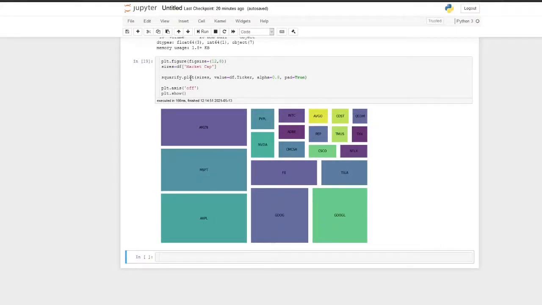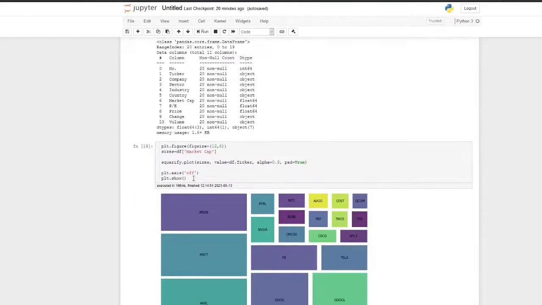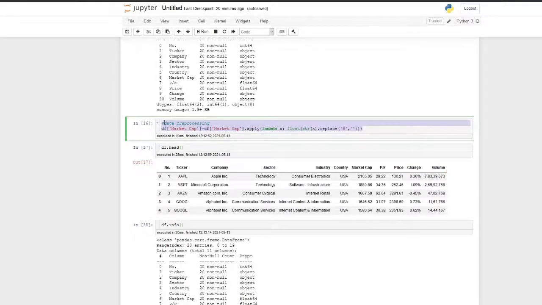For that purpose I have to first change the trading volume, and I will use change also later. So I will convert these two columns into floating point values, using the same transformation which I did for market cap, for change and volume.